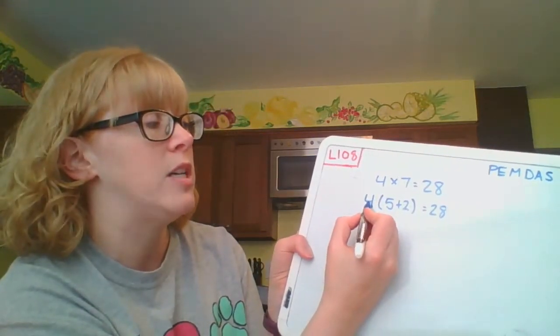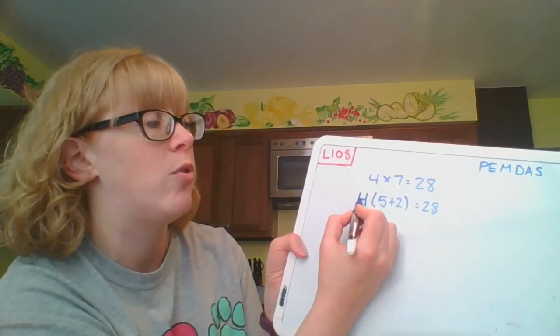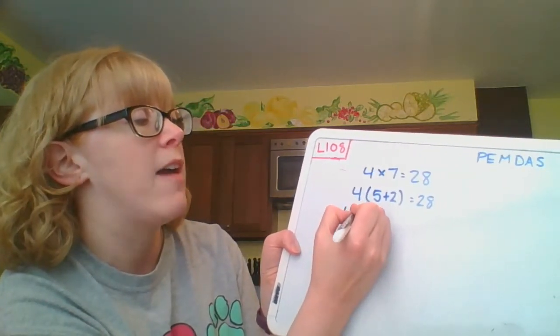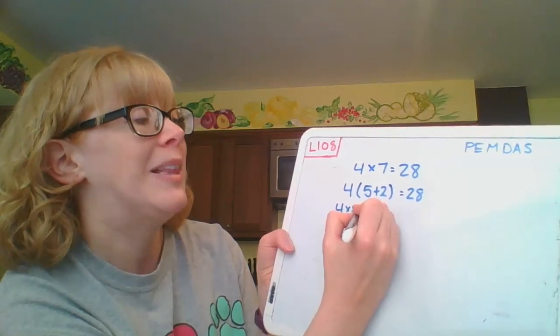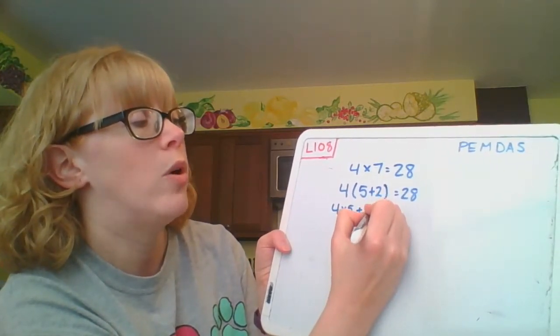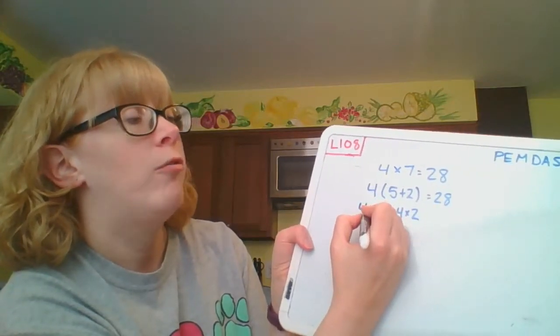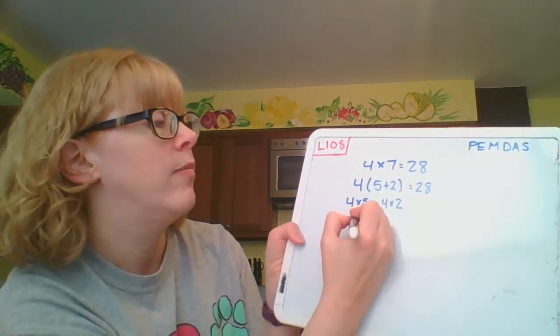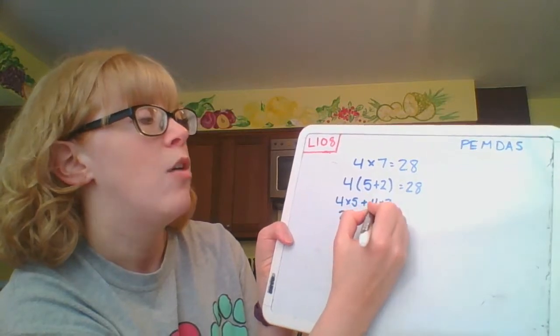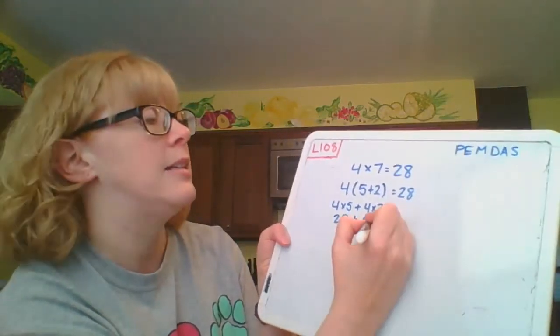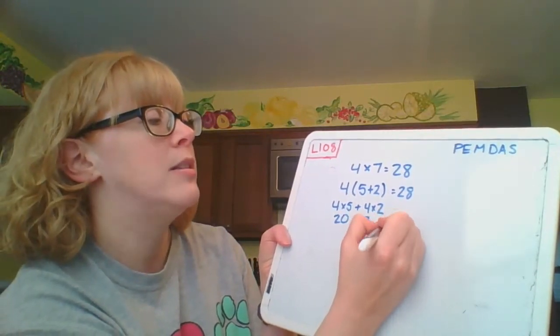So I'm going to say 4 is being multiplied by 5, and 4 is also being multiplied by 2. So I'm going to do 4 times 5 plus 4 times 2. Then I know 4 times 5 is 20. 4 times 2 is 8. 20 plus 8 equals